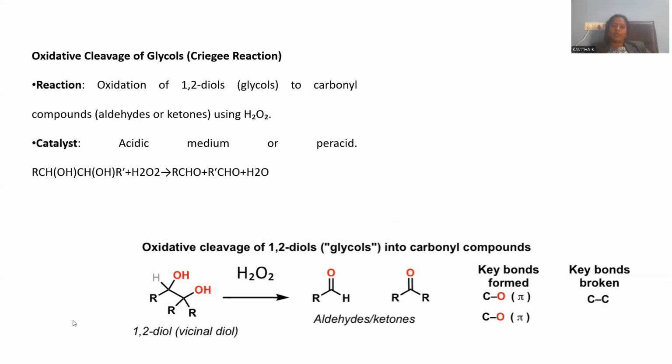And oxidative cleavage of the glycol. Glycol stands for a hydroxyl on the adjacent carbon atom, that is called a vicinal diol, a 1,2-diol. That is called a glycol. Glycols are highly strained. With hydroxyls adjacent, there is always a kind of fighting between those two. That can be treated with hydrogen peroxide conveniently. Instead of ketone formation, instead of further oxidation, there is a cleavage between the carbons, because it is a highly sterically hindered positioning of the hydroxyl and the adjacent position, since oxygens are bulky in nature in comparison to hydrogen. That is one reason.